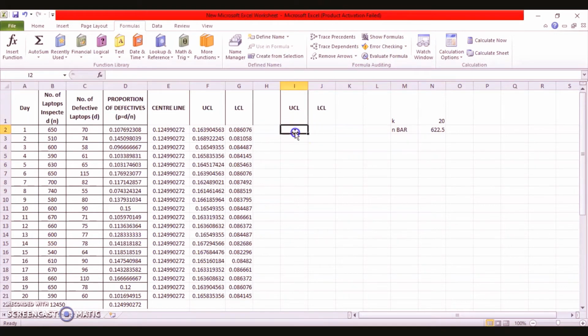So you remember what was the formula for the upper control limit? It was P bar plus 3 into square root of P bar into 1 minus P bar divided by, now here we will use this N bar value, that is the average of the samples.